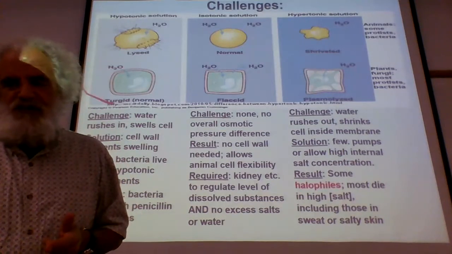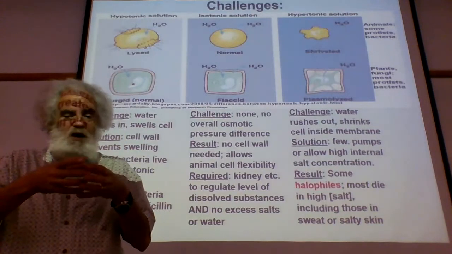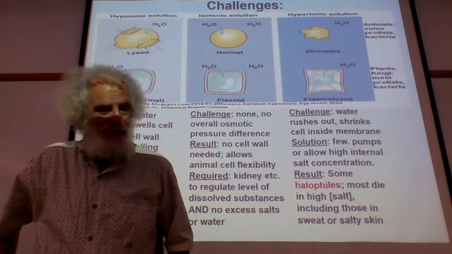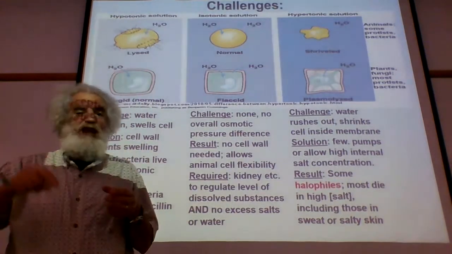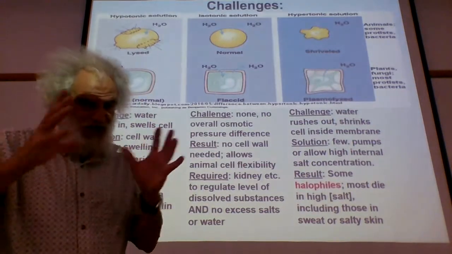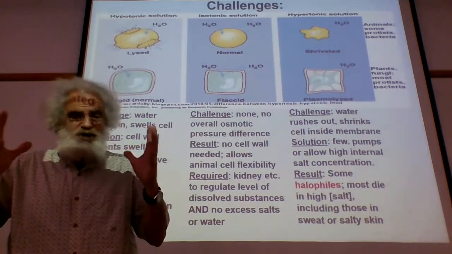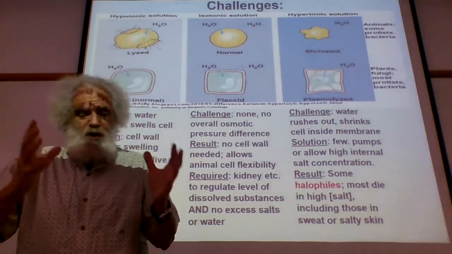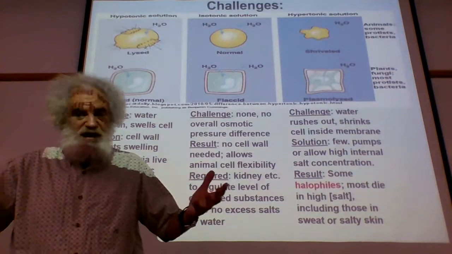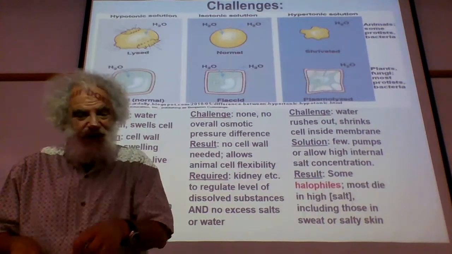Water starts moving into the cell, and like with red blood cells, because they don't have a cell wall, they begin to swell up, and they pop, right? That is cells in a hypotonic solution. Now, plant cells, bacteria cells, with their cell wall, they begin to take up water, and they actually are going to pressurize. And so generally plants require slightly hypotonic conditions. They like to be in conditions in which they've got a little bit more salt inside their cells than outside,